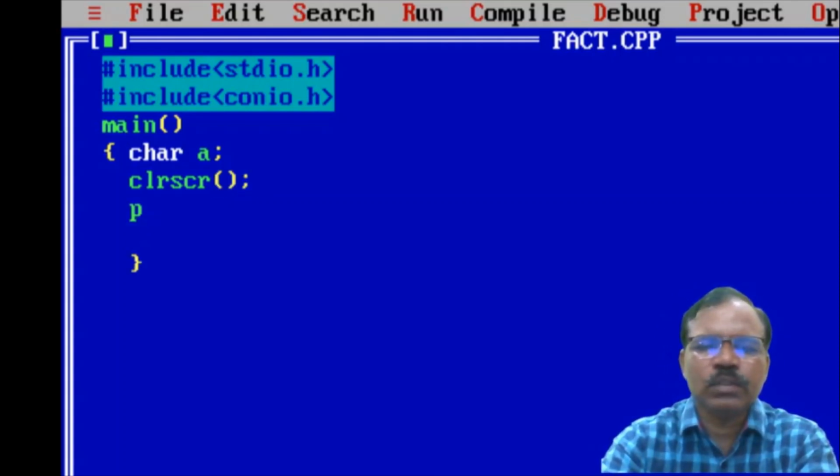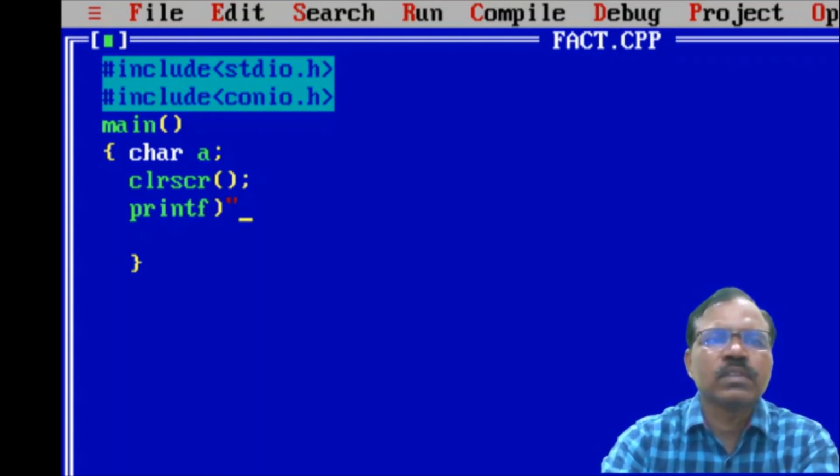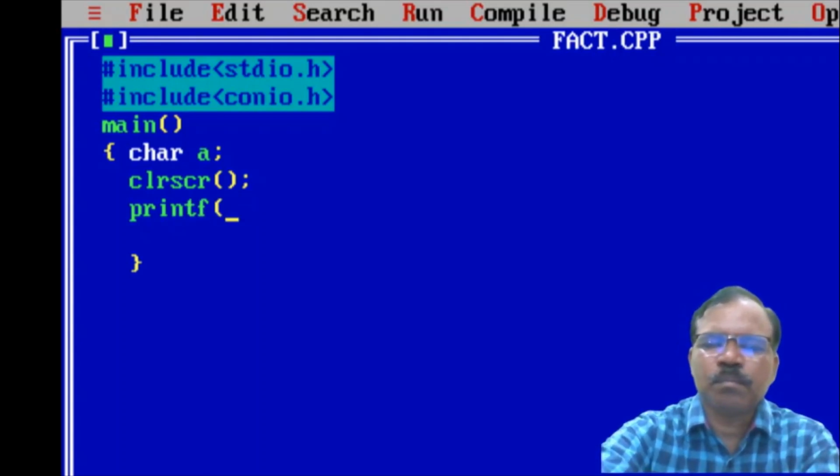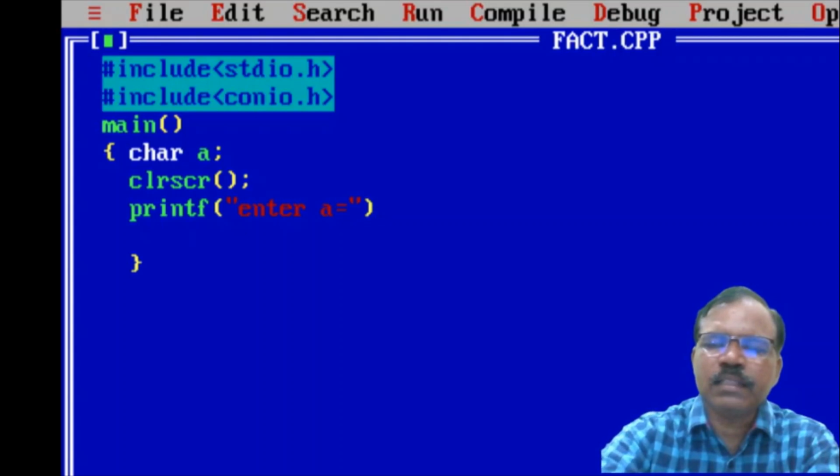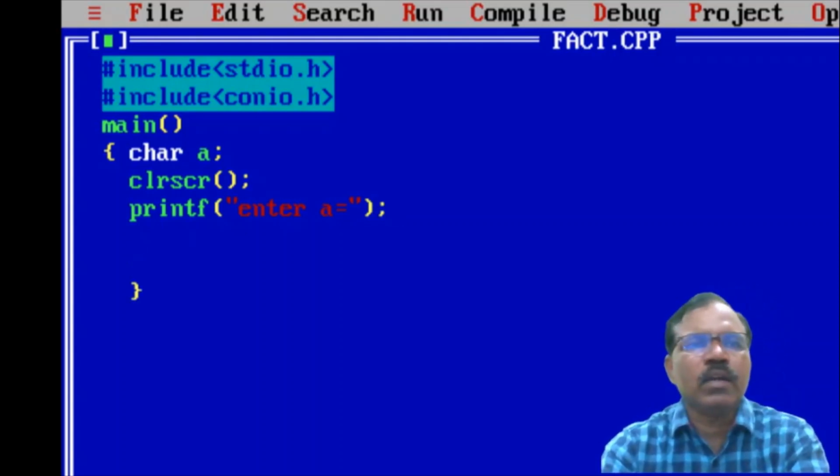Then I will use here printf, double quote, enter a equal to, double quote is completed, and this function is without any argument.